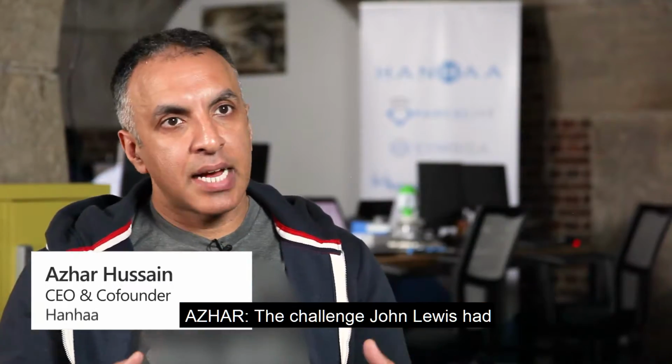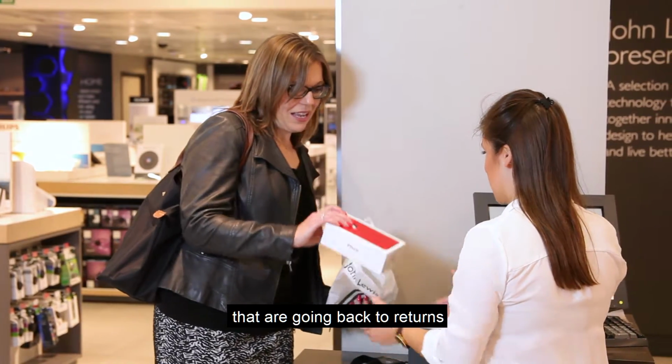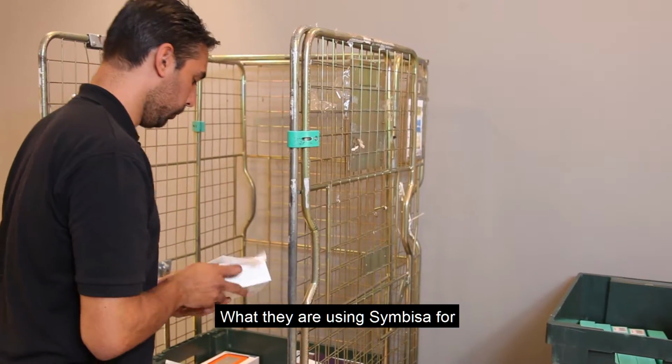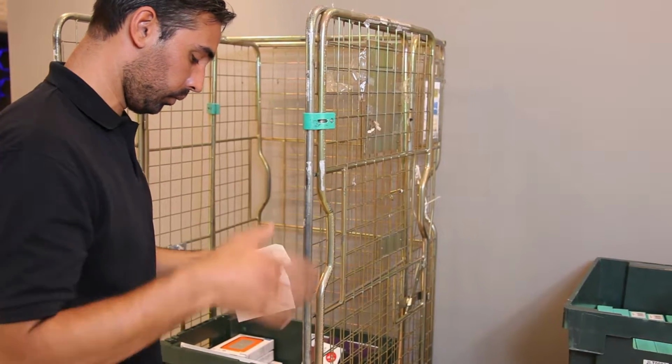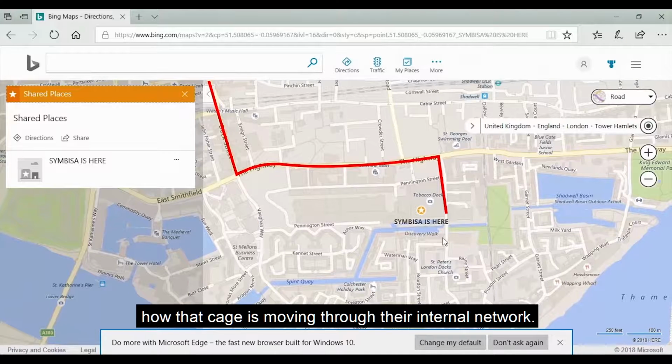The challenge John Lewis had is that they have to take ownership of devices that are going back to returns that may have sensitive data on them. What they are using Symbisa for is to attach the Symbisa device to a cage. And now just by doing that on a spreadsheet, they can now start tracking how that cage is moving through